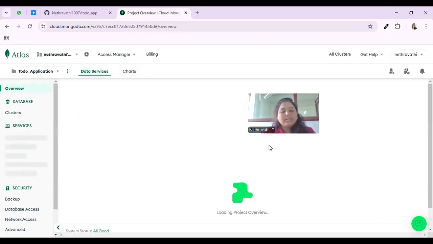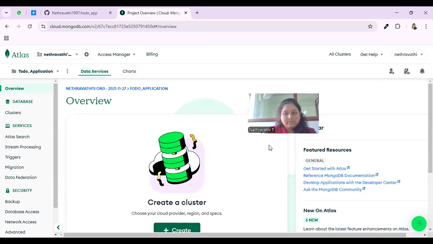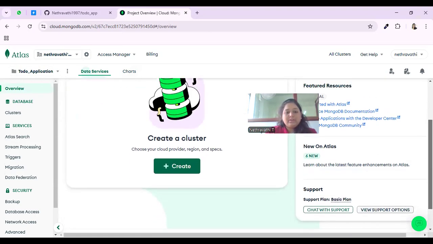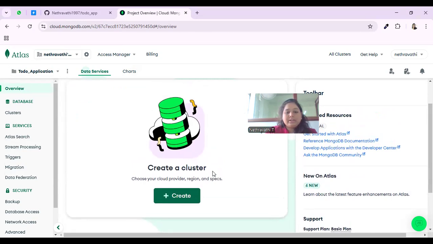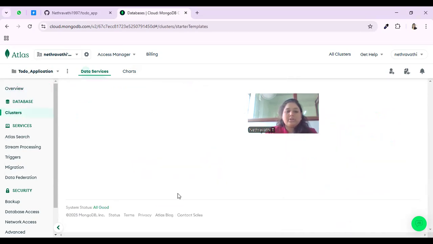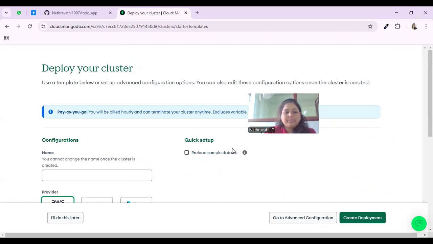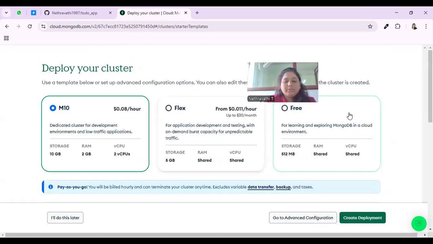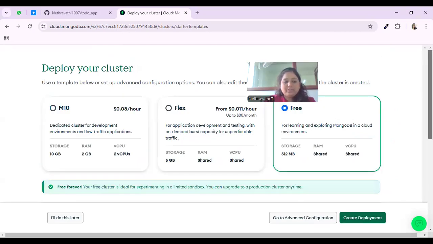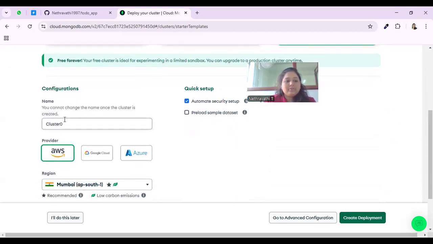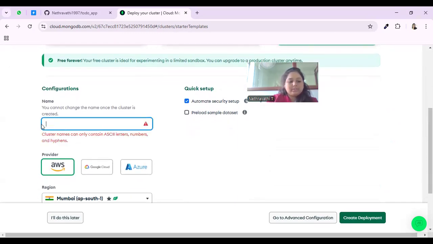So once creating the project is done, you will see an option to create a cluster. You just need to click on create a cluster here. You need to select the free option. Then instead of Cluster0, you can just select a name like